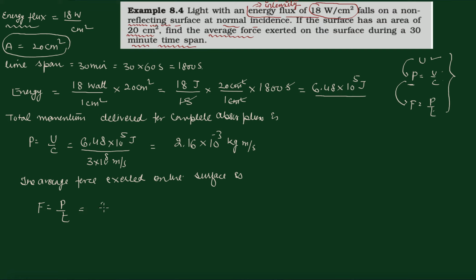So momentum कितना आया, this is 2.16 × 10⁻³ किलोग्राम मीटर पर सेकेंड, और टाइम स्पैन कितना है, this is 1800 सेकेंड। अब आप इसको सॉल्व करते हैं तो आपके पास आ जाता है ये 1.2